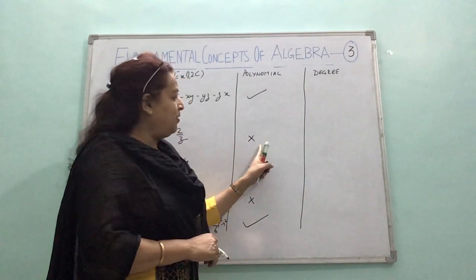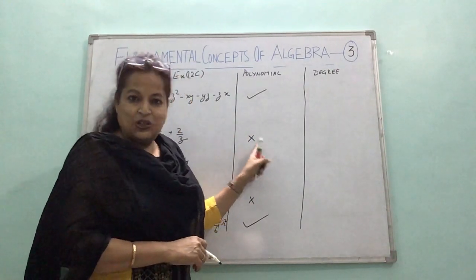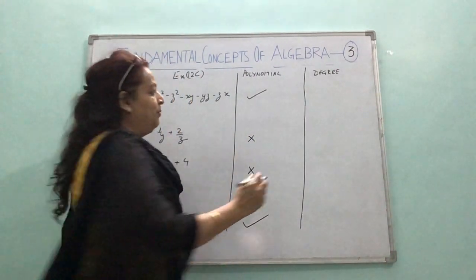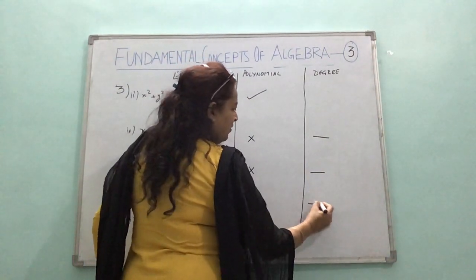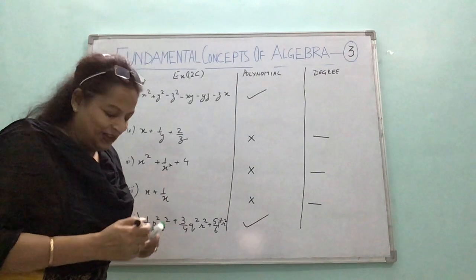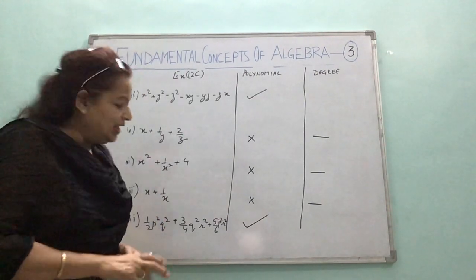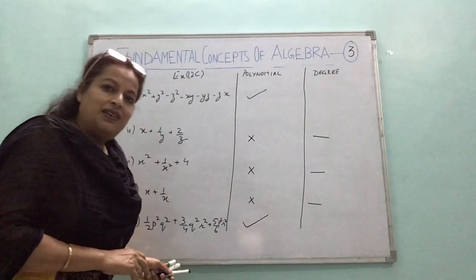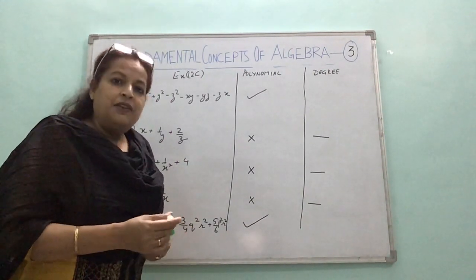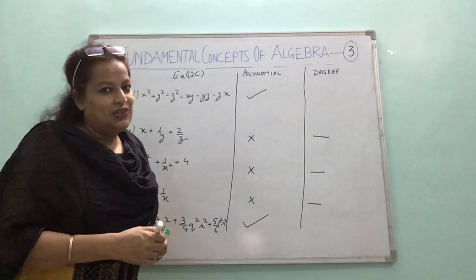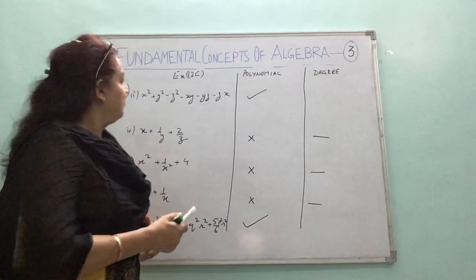Right? You will not write degree for an expression which is not a polynomial. So, we will not write degree here, we will not write degree here, we will not write degree here. Not degree. So, that is why I have taken one extra, so that we can write the degree. Now, how do we write degree, like in this? We find the degree of each term. Now, I can do it mentally too.